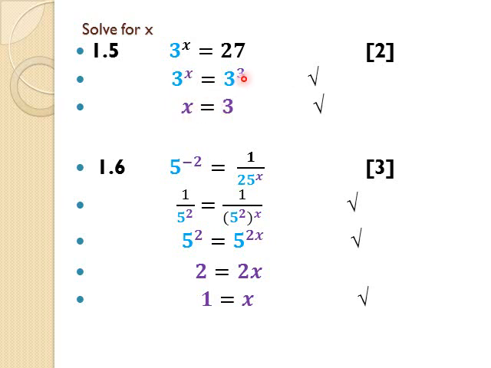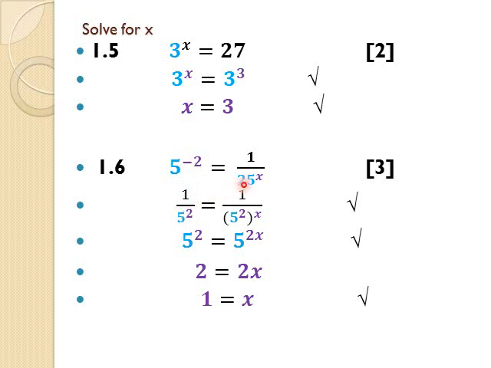and I'm left with x equal to 3. Right, 1 mark for writing that in exponential form, and another mark for my answer. Right, in 1.6, given to me 5 to the negative 2 equal 1 over 25x. Again, to solve, my bases must both read 5, or must be prime bases. So there, to make negative 2 positive, I wrote it as 1 and I took it to the bottom, 5